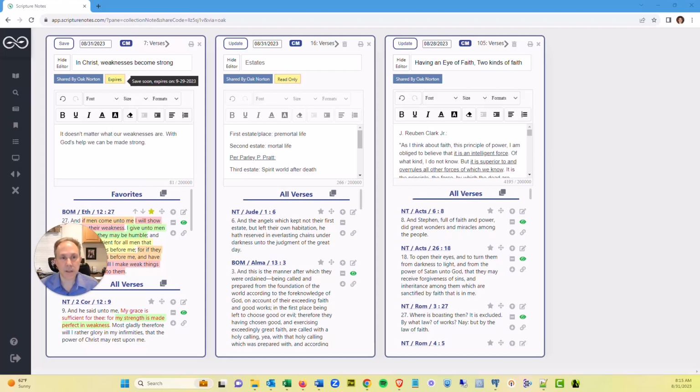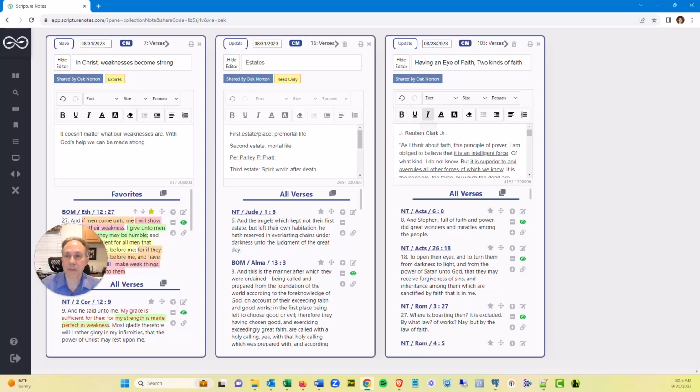So that is something that you can do to just put a timer on a note. You might only want to share something for a period of time and then make it disappear. I don't know. That's up to you. Second one, a read-only note. This is one that I can't click in here. I can read the note, but I can't access the content.